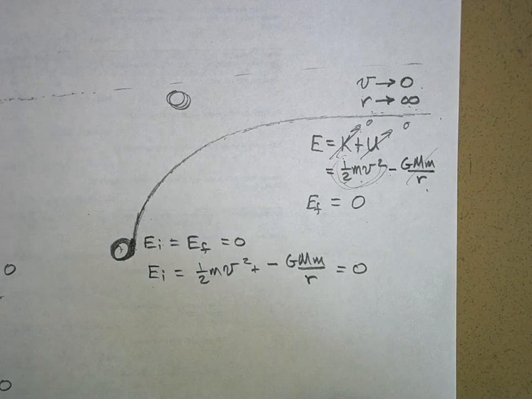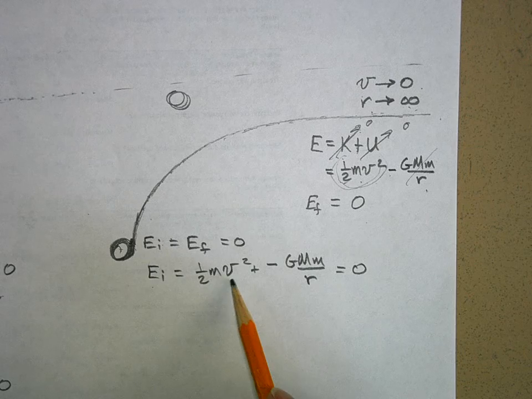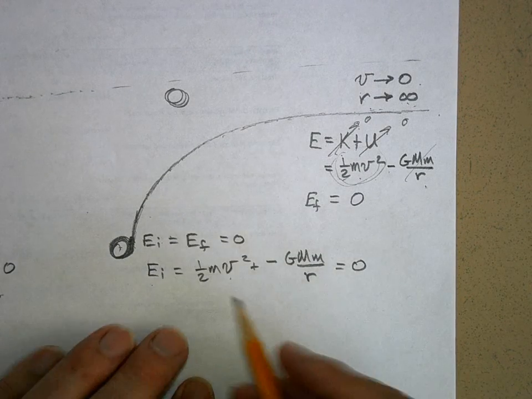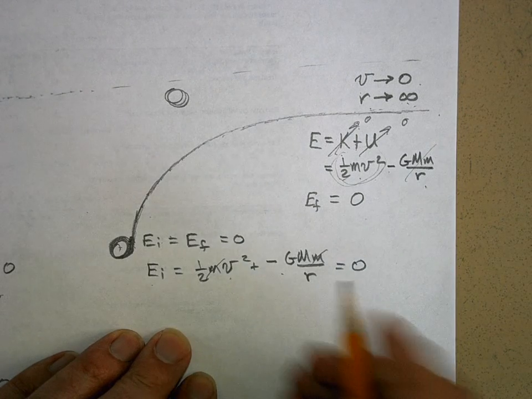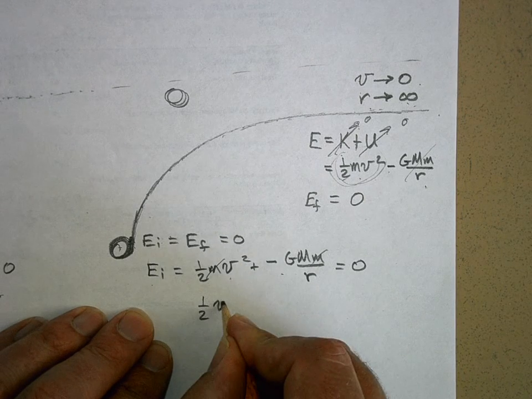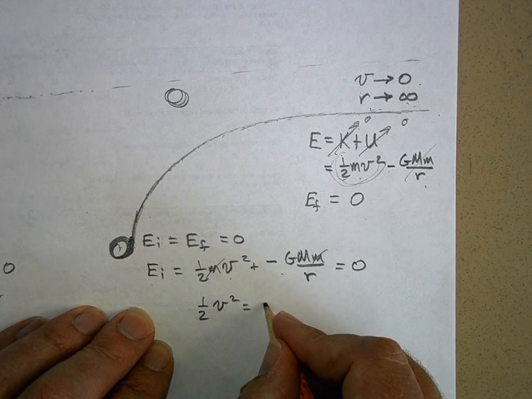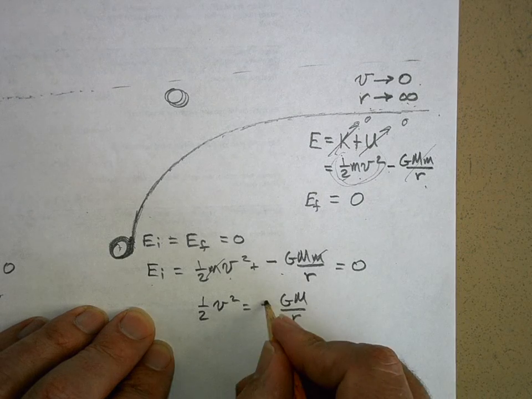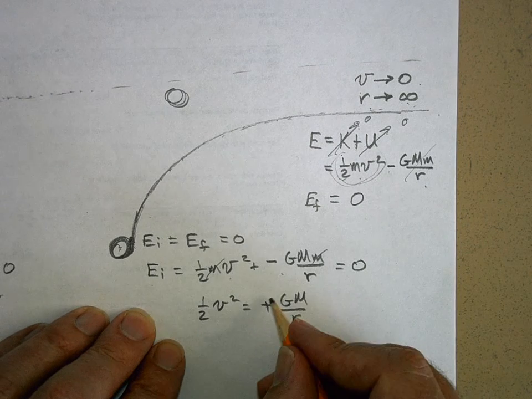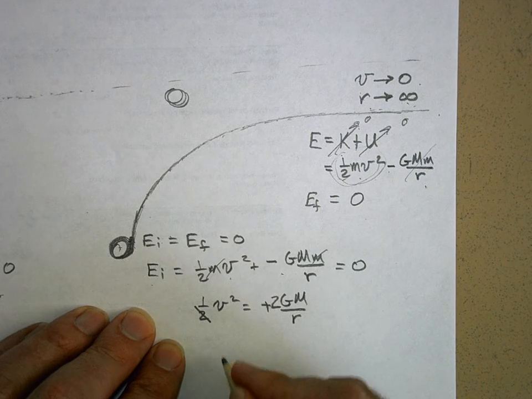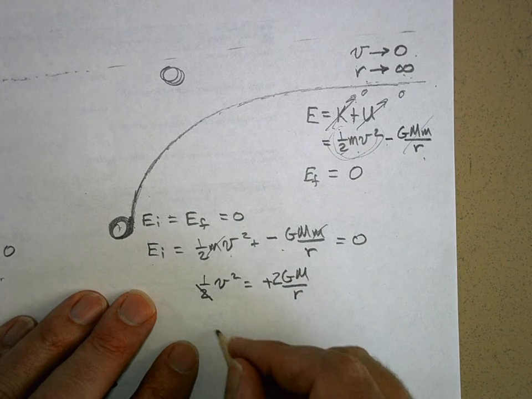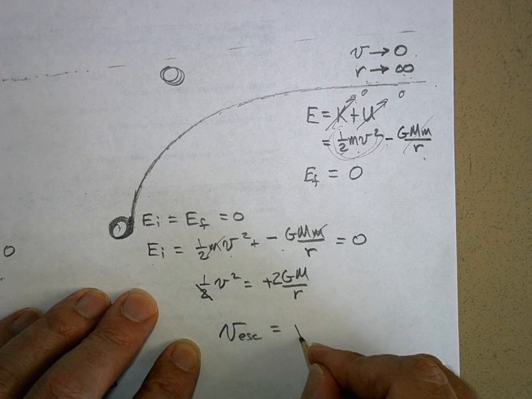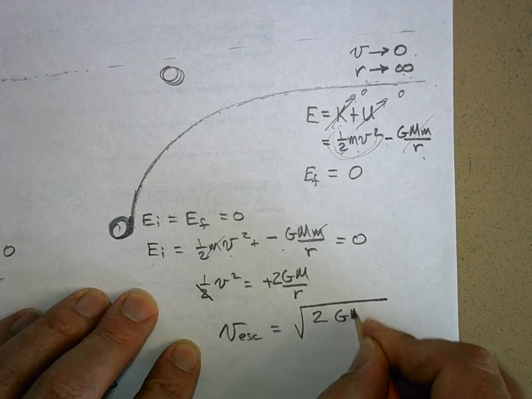So look what I can do. I can solve for the velocity. What velocity makes this true? Well, notice the mass of our spacecraft cancels out. Then you add this to the other side. So you have 1/2 v squared equals GM over r. Oh, wait, add it to the other side so it becomes positive. Multiply by 2, gets rid of that, and then take the square root. So our escape velocity equation, v escape, the one that we want, is equal to the square root of 2GM over r.